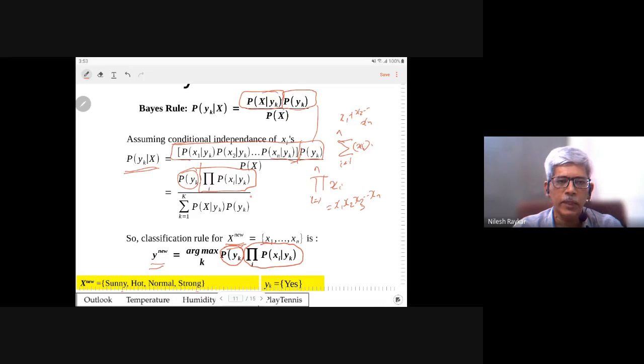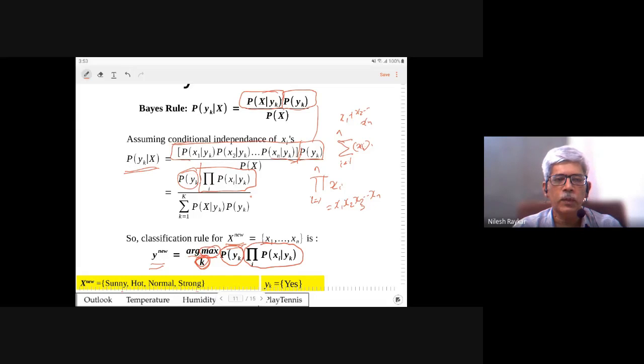So we have to calculate them independently. For y equal to 0, one calculation, y equal to 1, another calculation. And this argmax, or argument max, indicates that out of the two calculations you are doing, in the case of binary, whichever calculation is higher, that is our argument max. So the index of that calculation will be the index of your label.